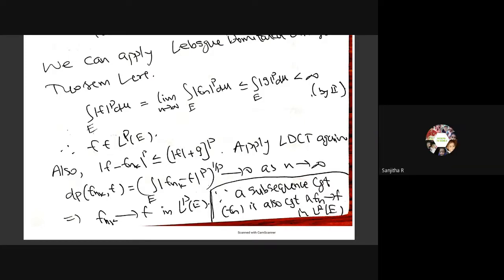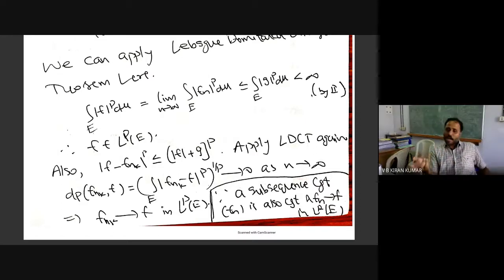Yes, sir, since it is a metric space. Actually, for a Cauchy sequence, if you have a convergent subsequence, then the Cauchy sequence itself will be convergent. That is easy, right? A subsequence converges to some f, and since it is a Cauchy sequence, the terms get closer and closer. So by a simple triangle inequality, you can prove that the whole sequence itself will converge to f. That is the specialty of a Cauchy sequence. Generally, a convergent subsequence does not mean the whole sequence converges, but for a Cauchy sequence that is enough. Do you agree with that?